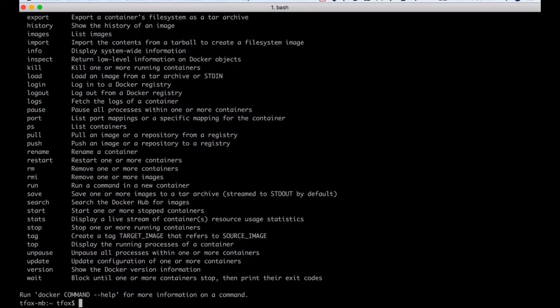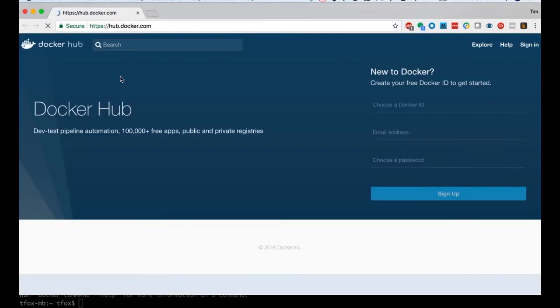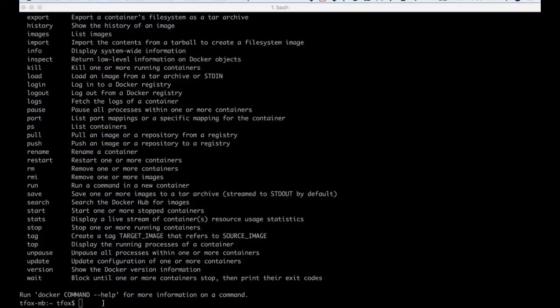So that's excellent. Now, in order to use this, we will have to have an account with Docker Hub. So if you haven't already set one up, go ahead and do that. As a matter of fact, I'll illustrate that we will need to. So here is Docker Hub, and you can just go ahead and sign in there. To log in to your account, you'll need to type in docker login if you haven't done this already.